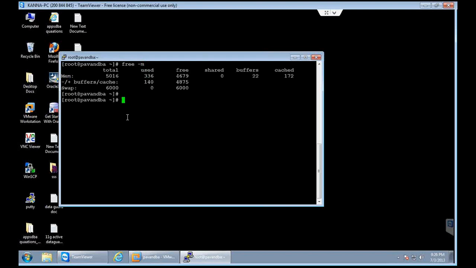For example, you can see here my total allocated RAM size is 5 GB or 5016 MB, and out of that right now 336 MB is being used, and around 4.6 GB is free. So this is how you are going to identify the RAM size that was allocated.